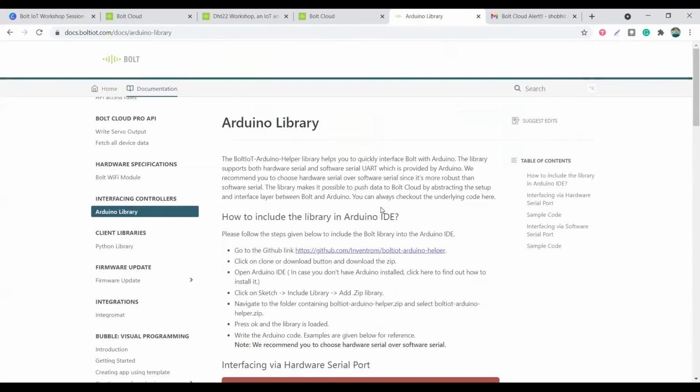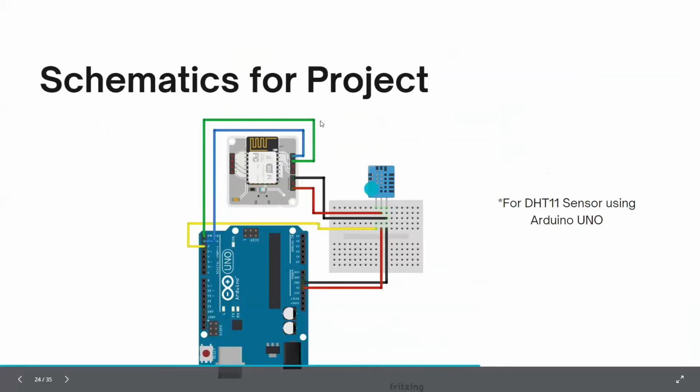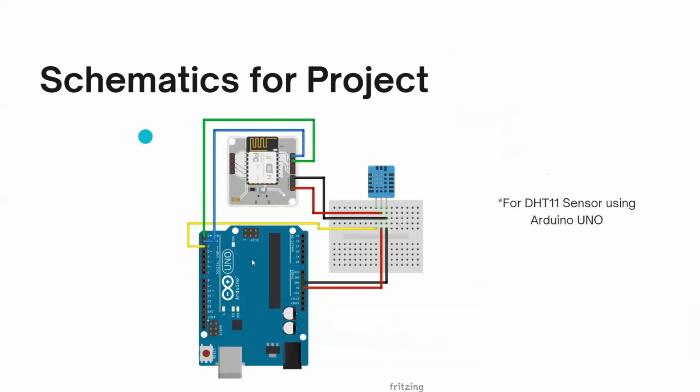I have used Boltino because it is easier for me to mount the Bolt device. I don't need to have these wirings, right? So to avoid these wirings, I have used Boltino. So it is very easy for me. If you see the video, what I have to do is simply plug in this board itself. That's it, as simple as that. And boom, you don't need to do any external wirings.